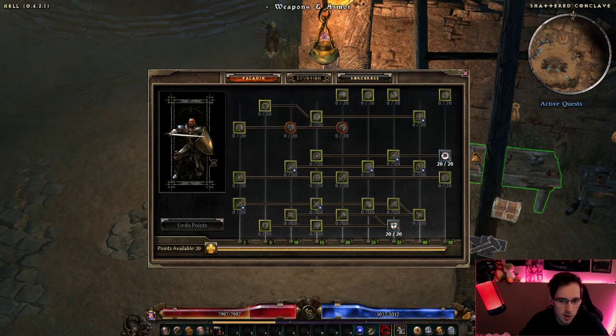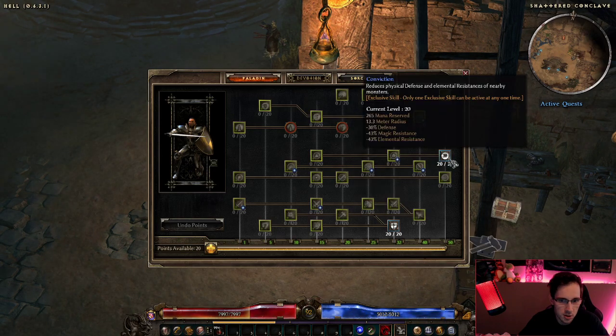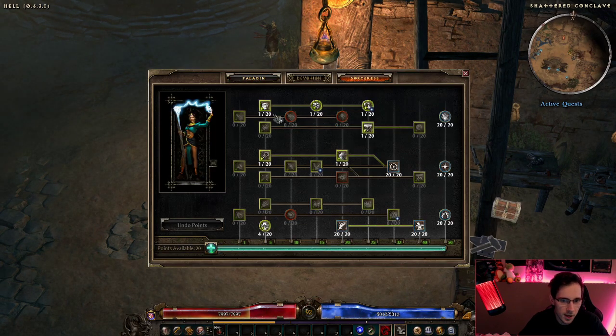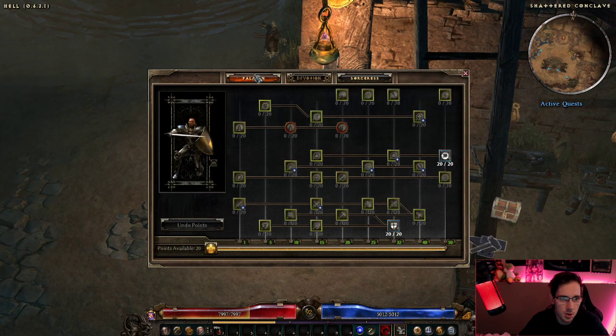Because at this point in the game, your only three Paladin skills are Smite, Holy Shield, and Conviction. And the only points here are the top 3 are 1-pointers, and then max, max, max, max. A lot of options too, if you don't need